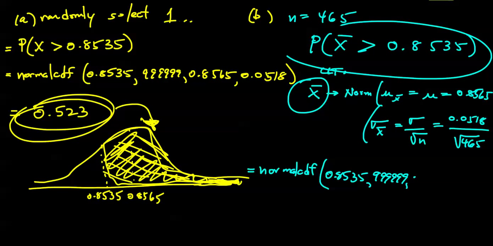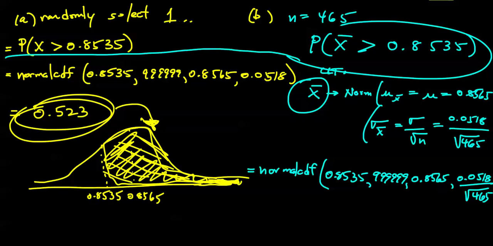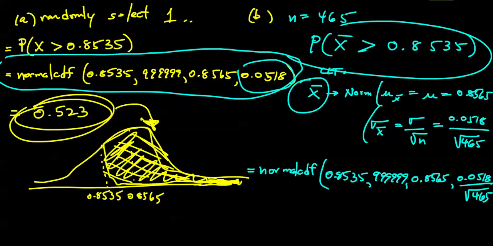The population mean of the sample means equals the population mean originally given. What's going to change here is your standard deviation, 0.0518 divided by the square root of 465. Notice in this command in part A, this entry here was 0.0518. What's happened here in part B, all that's changed really is you've got a different standard deviation, less of a